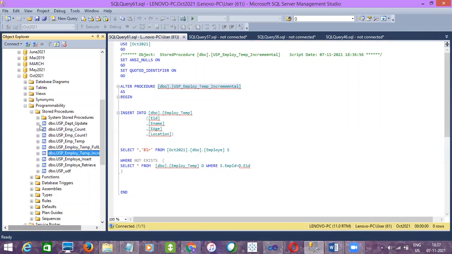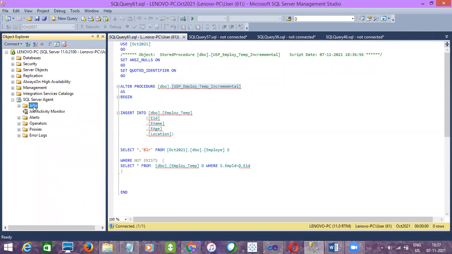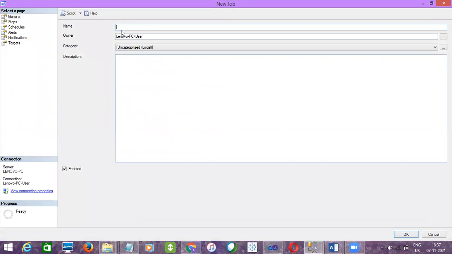And why a job? Sometimes your requirement is to run the stored procedure at a particular time, say 2 a.m. in the morning, right? If you want to execute this stored procedure at 2 a.m., you have to be online, right? If you want to execute it manually, instead of that, we can create a job and schedule it according to the time. Automatically, the job will execute the script, right? So for that purpose, we'll create a job: right click, create a new job, click on New, and then give the job a name.